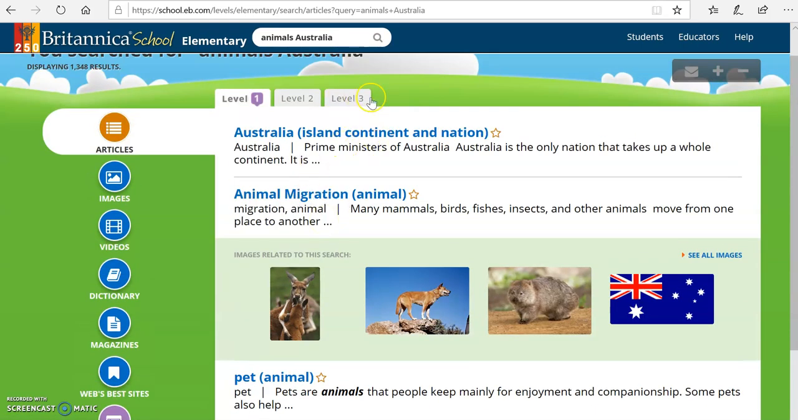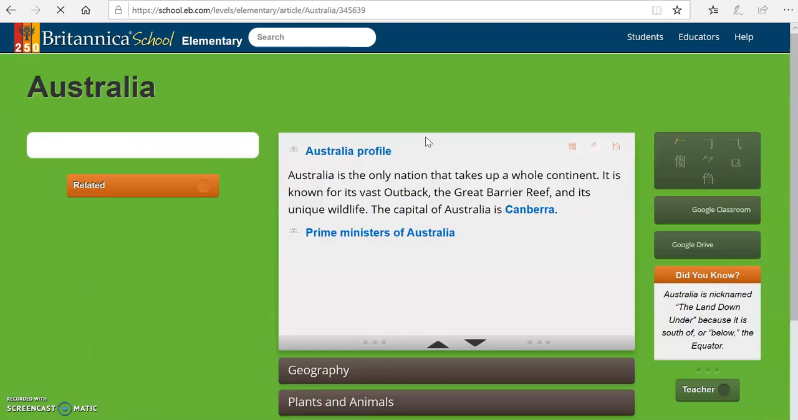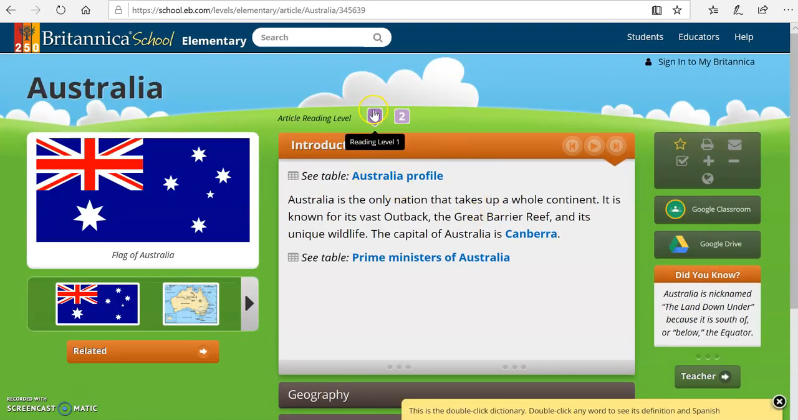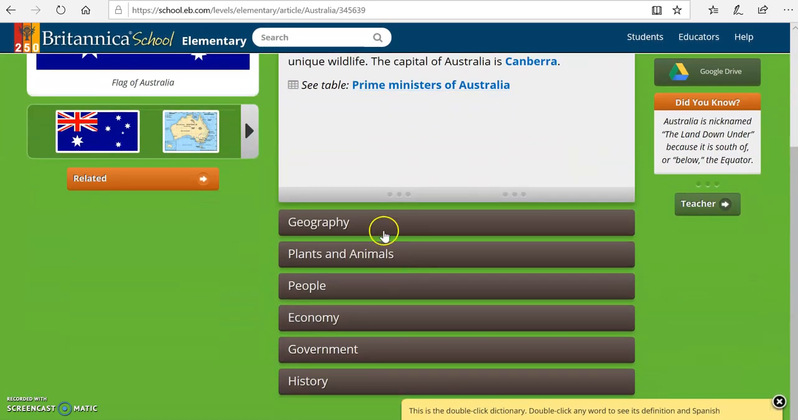So it looks to me like the first place that I'm going to try to start here is this Australia, island, continent, and nation. So I've clicked on that. It's thinking about opening it up for me. There we go. Now I am currently on an elementary level, and this doesn't look like very much information, but